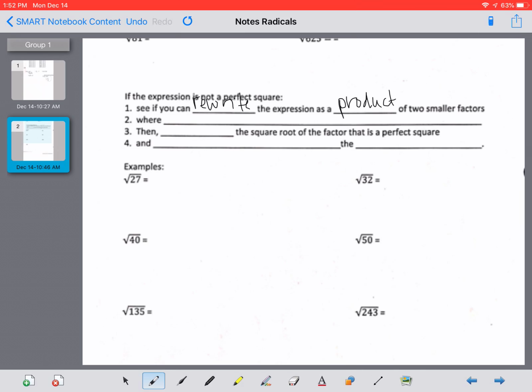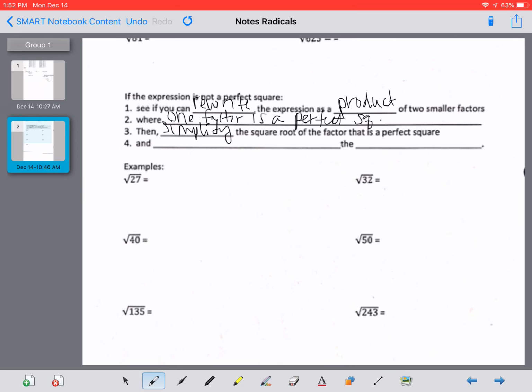Remember, the term product means to multiply, where one of the factors is a perfect square. Then you're going to take out or simplify the square root